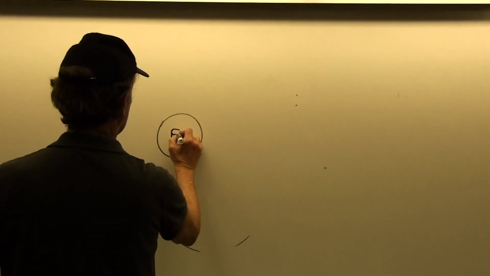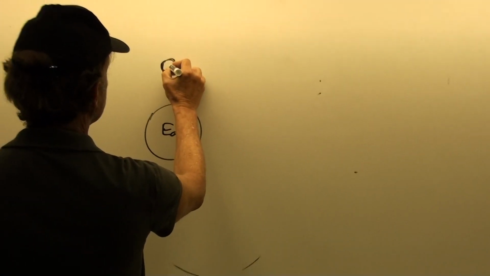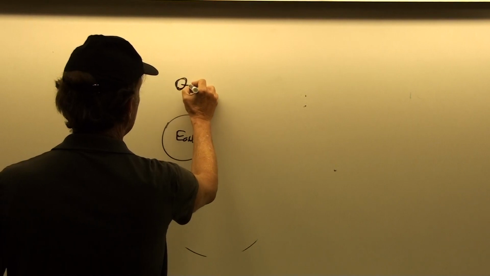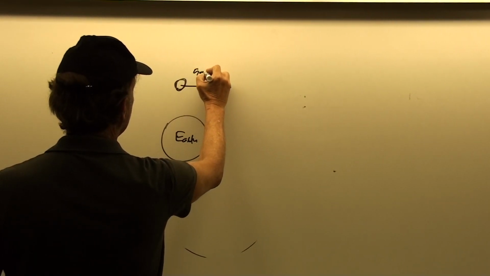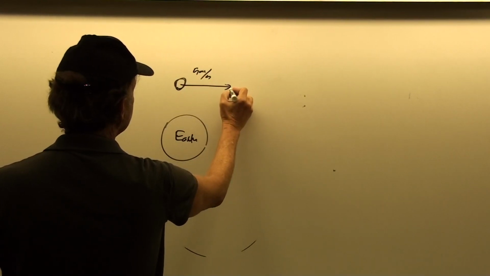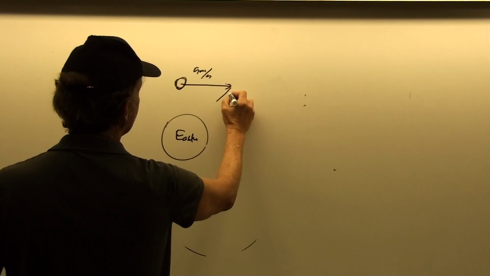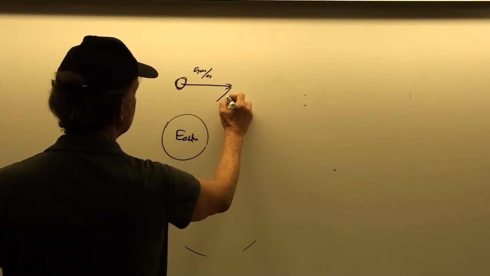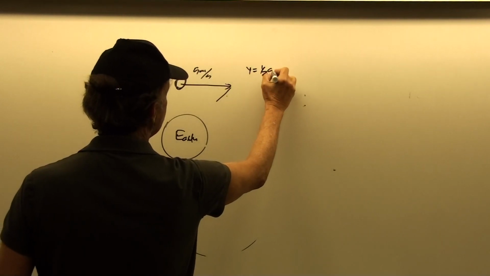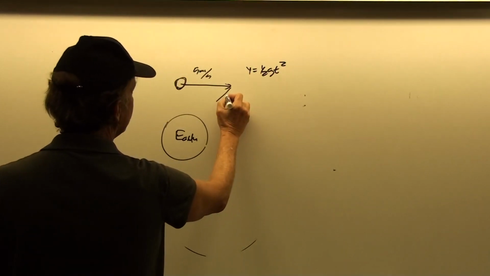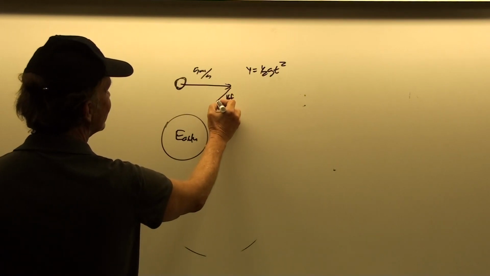Say this is the Earth, and this is you in orbit in a satellite. So if you're moving this way, moving 5 miles a second, in 1 second you've moved essentially 16 feet farther away from the Earth because of your tangential motion. But because y equals 1/2 g t squared, 4.9 meters is about 16 feet. So that's how far you fall in 1 second.